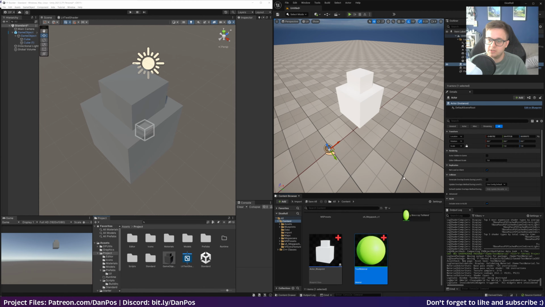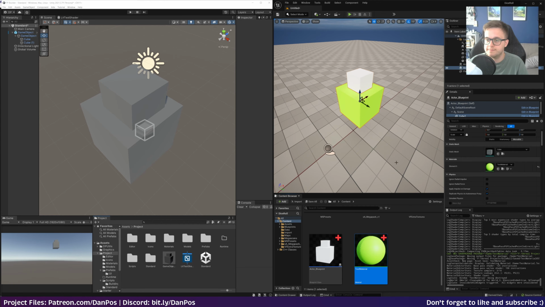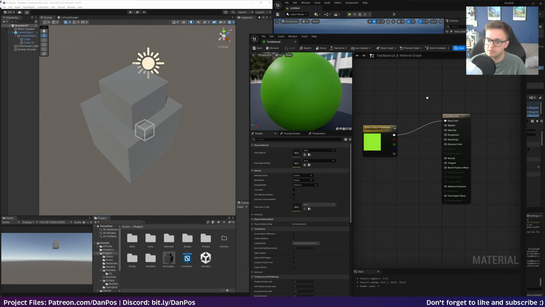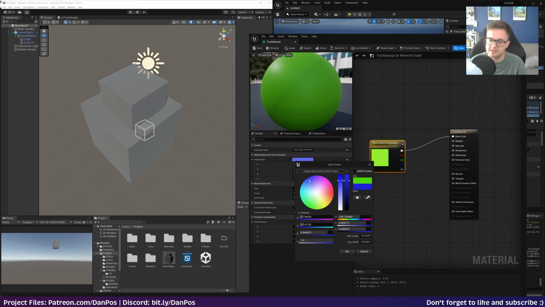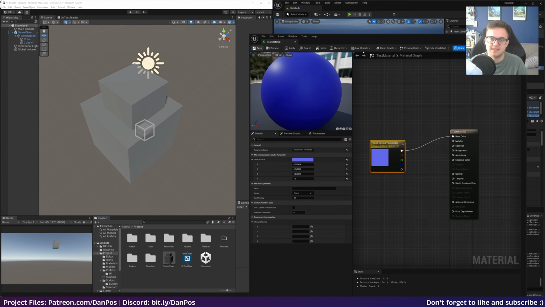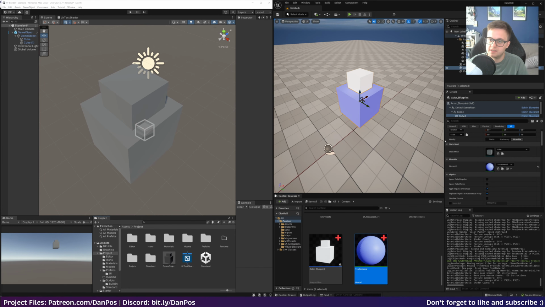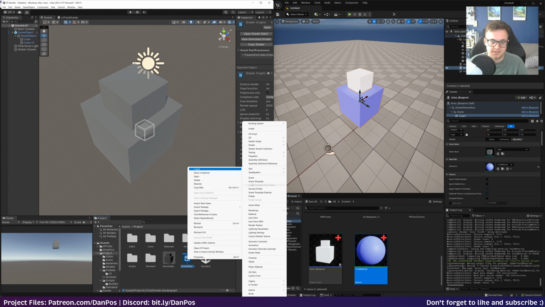So we've got our material, and you can just drag a material straight on to an actor if you wanted. But if we open up this material, you see it opens up this window again, and then we could just change the color here if we wanted to make it a different color. And then if we hit save, that would reflect obviously in the world. If we wanted to drag our shader onto one of our cubes, you can't do that because this is just a shader file. What you need to do is right click, create material,